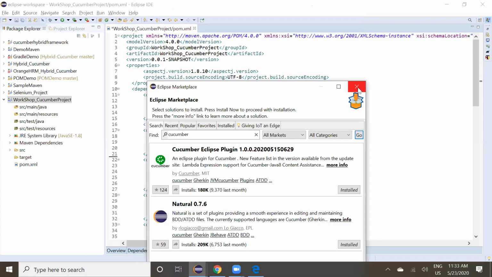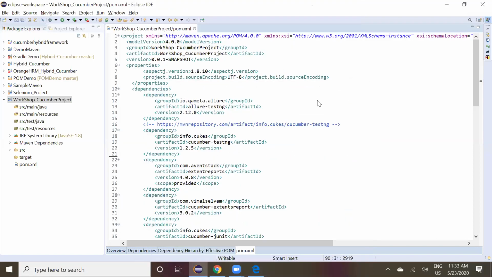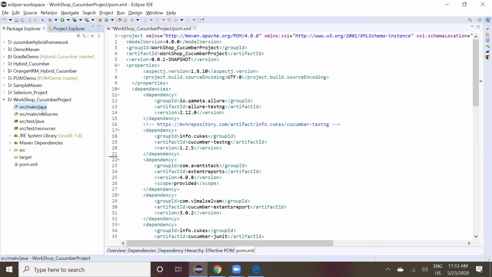Okay. Next, quickly, we'll form a structure. We are going to run the same code. The application is the same, that OrangeHRM demo only. We are concentrating more on concepts rather than the application, so we are going to use the same OrangeHRM demo, the same thing which we did last week. Same application, same thing, but we are concentrating more on the concepts. Satish, quickly, can you do the structure?